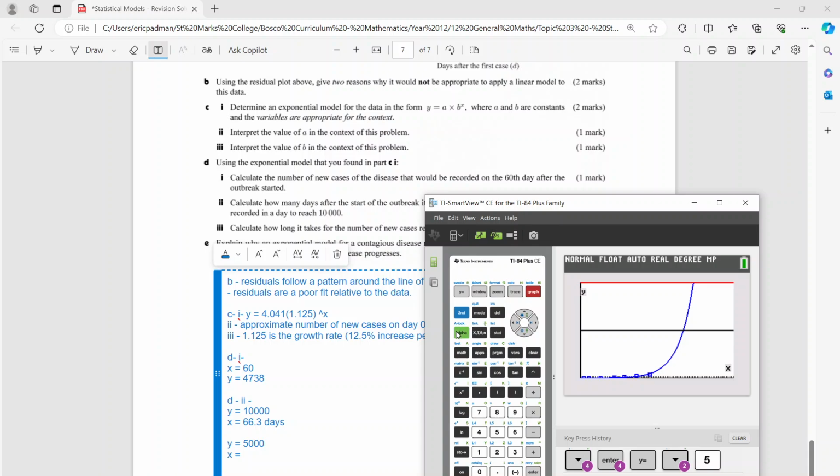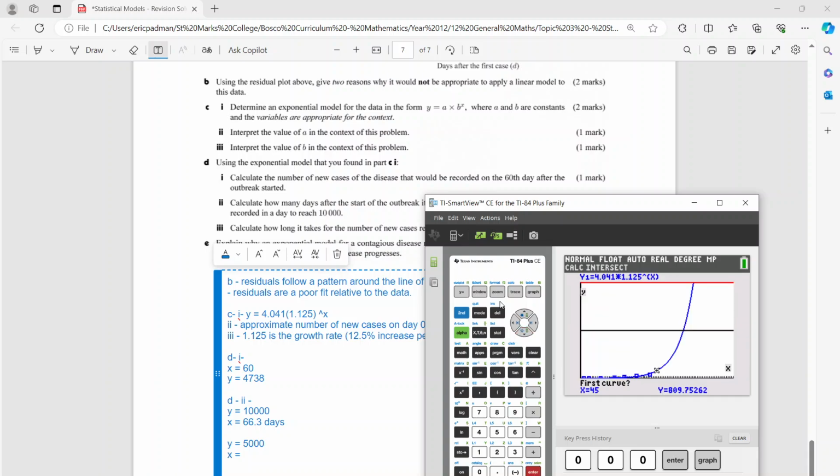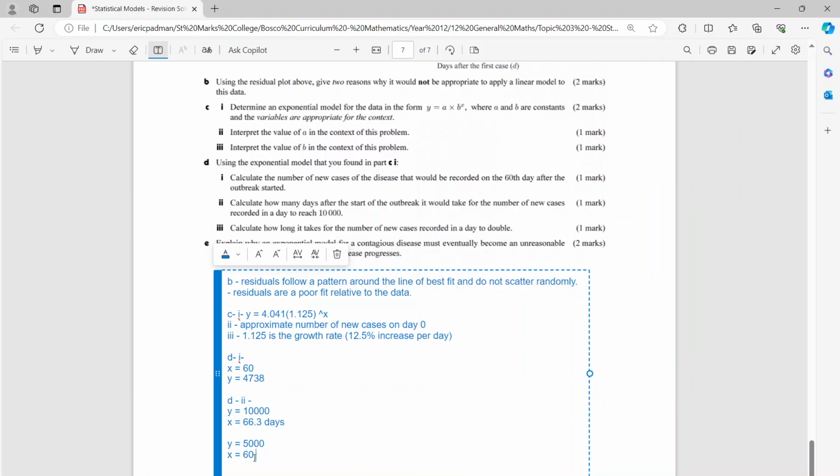So let's go calc, intersection. Just make sure we get the right function. I've got a lot on my screen. I need blue and black. 60.4, 60.5. Okay, so if I subtract that, I'm going to round off the difference. 66.3 minus 60.5 is approximately